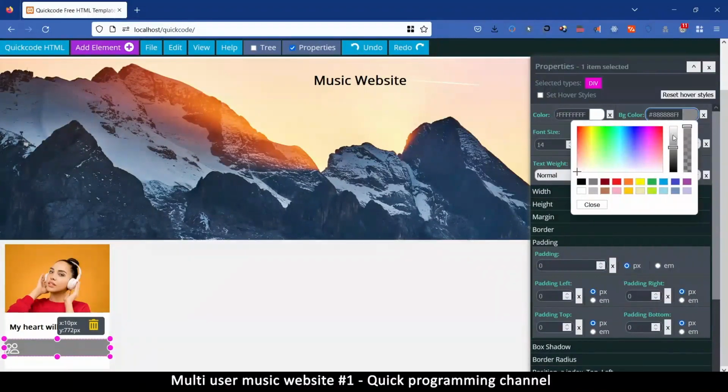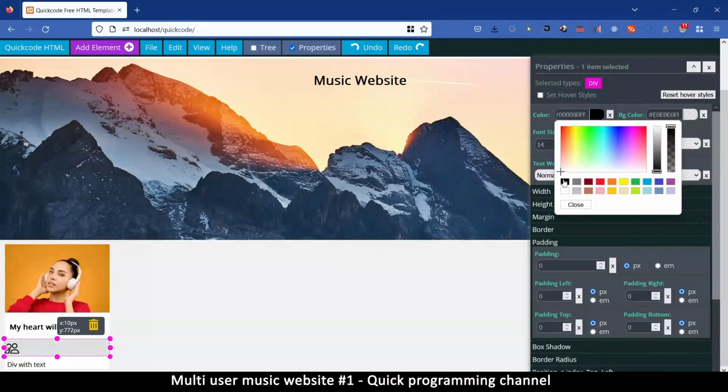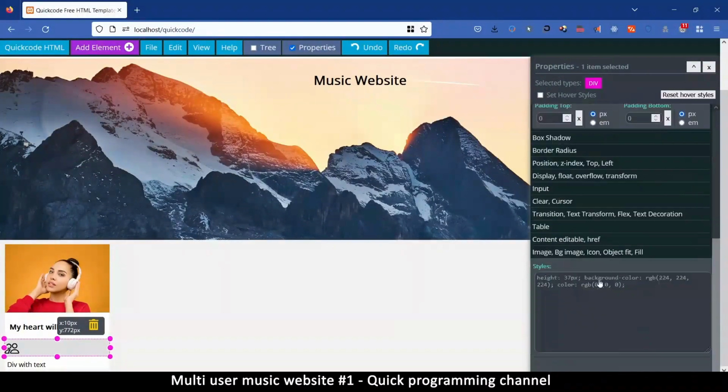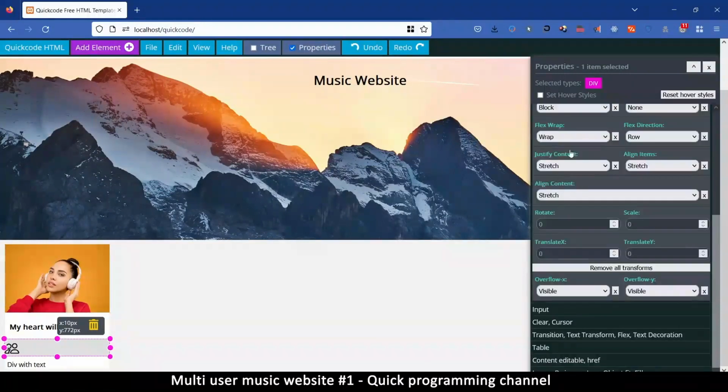Background color, let's reduce it so we can still see it. Actually, text color, let's put black. Okay. Then let's change the display of that to flex, like so. And then align items center. Very good. Okay. So here we'll call the artist